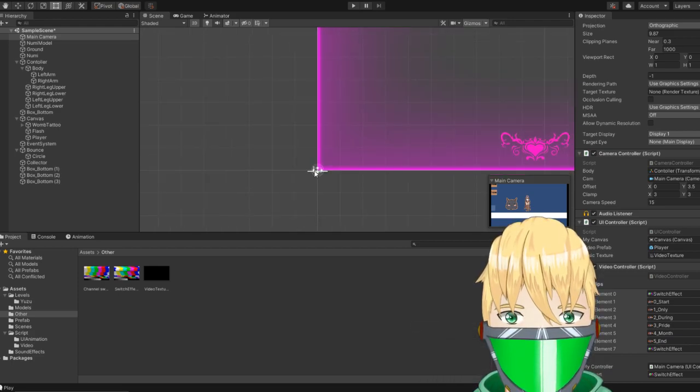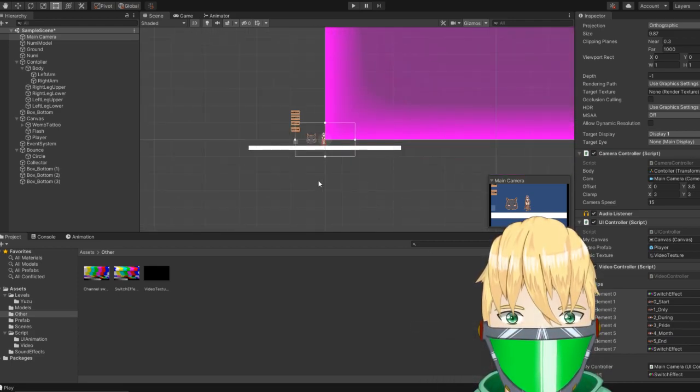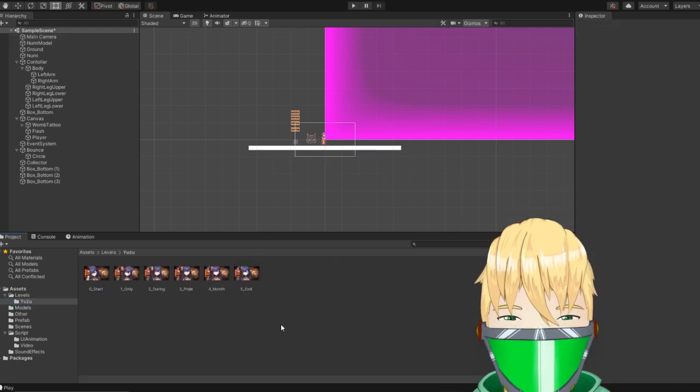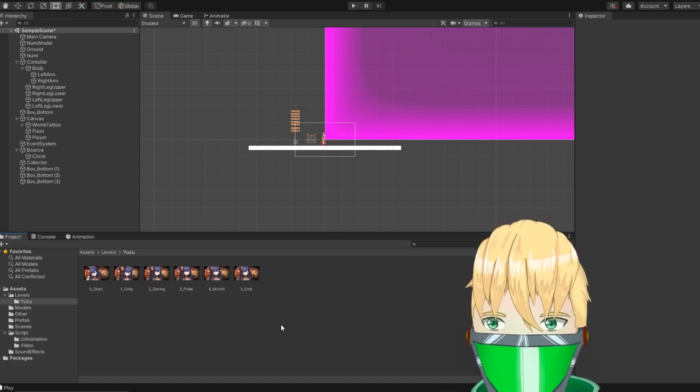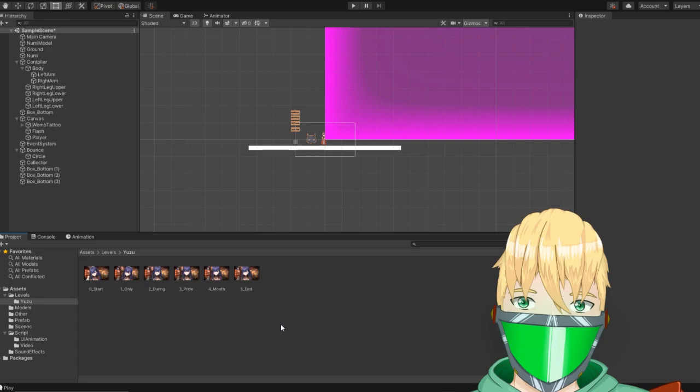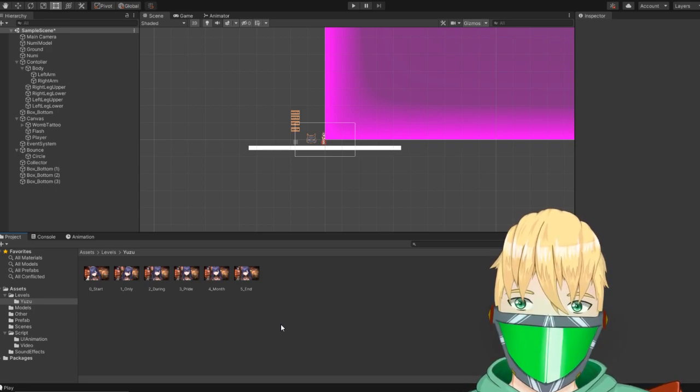So for each level, you will need a start and the end as well. You need a start and an end clip. And if you get it correct, or I feel like in every case, the start should play.